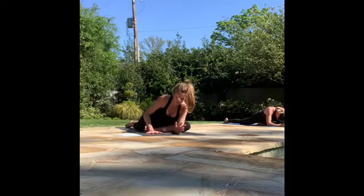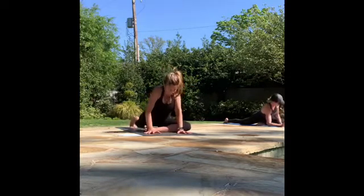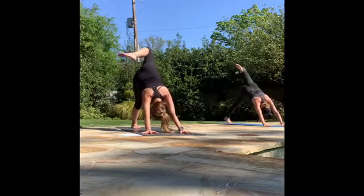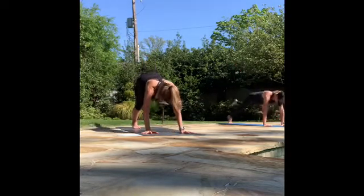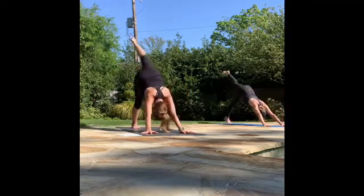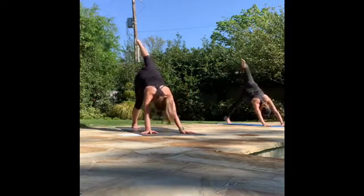And when you're ready, plant those hands, lift the chest, tuck the back toe, left leg goes up and back, open the hip and the knee. Now moving through that sequence, back to that 3-legged dog, 3-legged plank, chaturanga, plank, dog, open the hip again, dog,